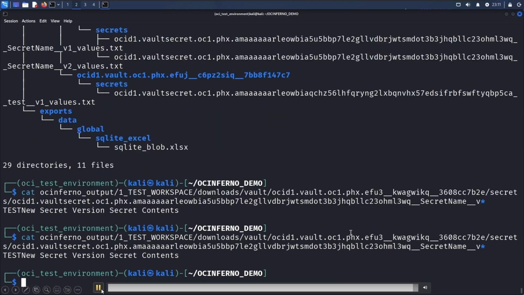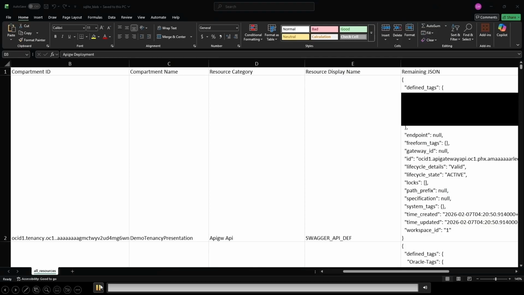And so this is just showing, yep, these are the secret contents, right? Like I cat the secrets, and those are the secret contents that are returned. And then this is just like the Excel, right? So I just touched on it, but like data export Excel, you have a nice Excel document that you can filter on and see everything. So again, if you're pen testing, you just really want to get a lay of the land of what can I see, what can I get to, you can pull it up in Excel, right, and see everything.